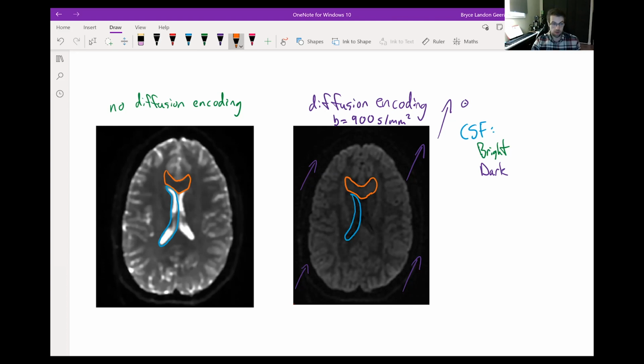It's certainly lighter than surrounding tissues like the ventricles, which is more important than it being lighter than the T2-weighted image, because these are not on the same contrast scales. Like I said, the diffusion-weighted image is a lot darker, so I need to brighten things up. So it doesn't really matter that our tissue here is lighter than the reference image, because in reality, if you look at these two side by side in the same contrast window, the whole brain of the diffusion-encoded image is darker. But what this is telling us for the GNU, this lateral tract, essentially is because it's brighter in the